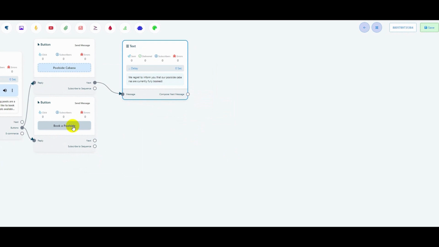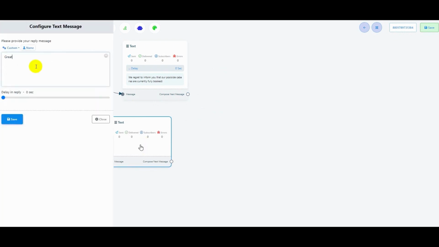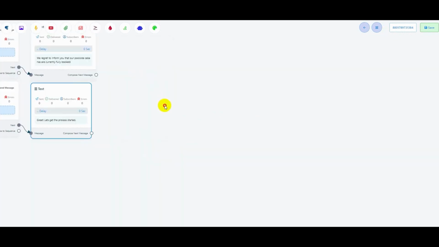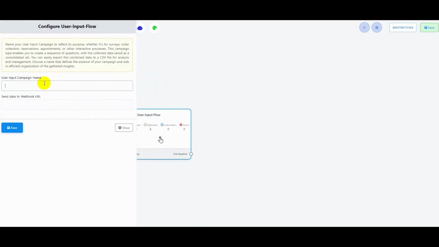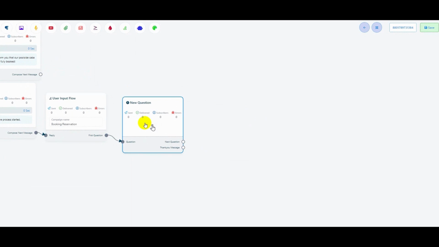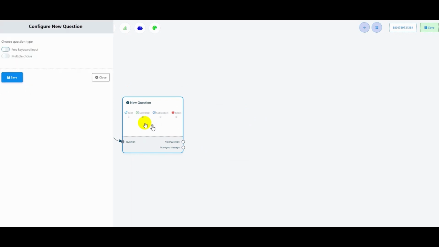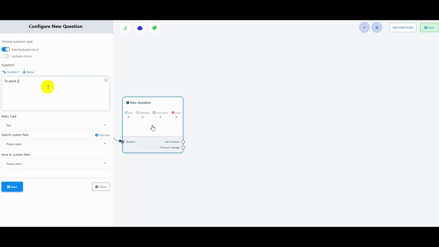So let's handle the Book a Poolside button. I'll start with a text option. I'll write, great, let's get the process started. And here I'll use user input flow. Give a campaign name, and the name should reflect the purpose of the user input flow, as I have already mentioned in my earlier video. For the first question, use free text input